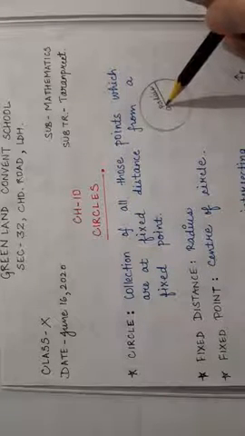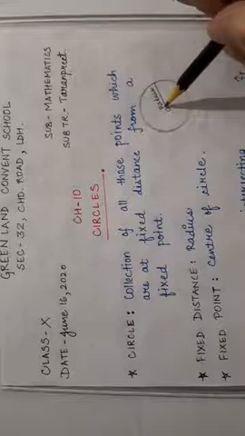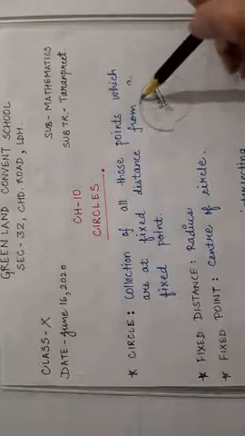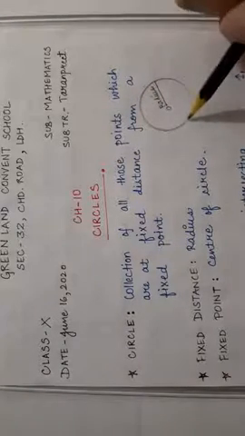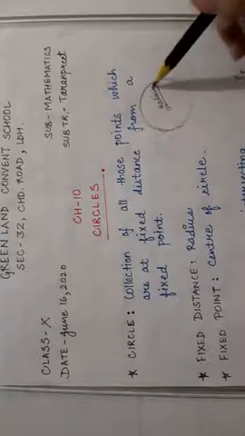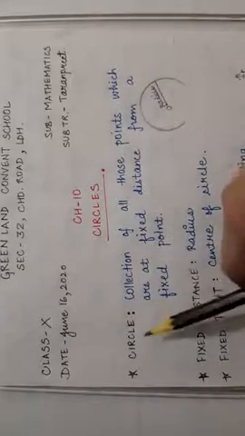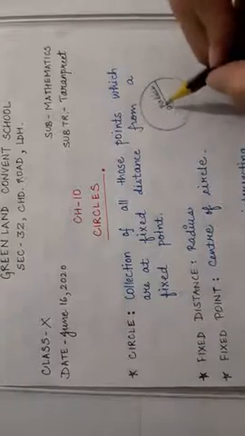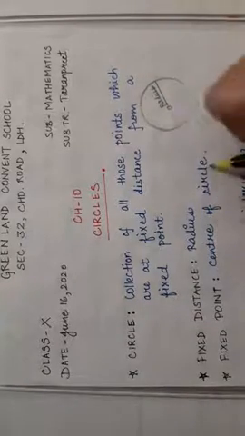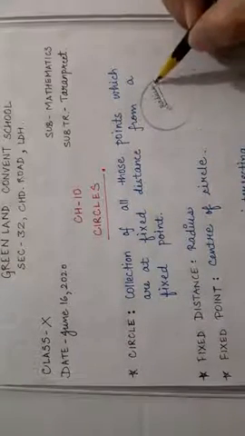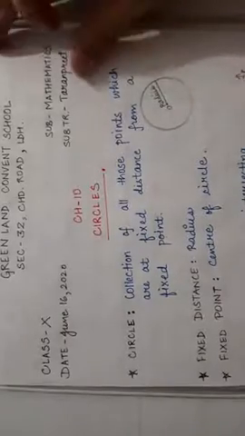You place a tip of the compass at a point and then you open a compass to a certain distance and start collecting all those points which are on your way. So the collection of all such points makes a two-dimensional plane figure that is referred to as circle. This fixed point is called center of the circle and the fixed distance is called radius of the circle. So this is how we define a circle.